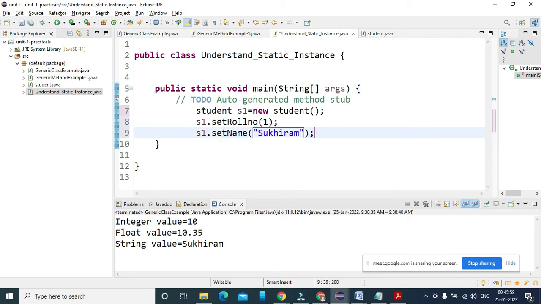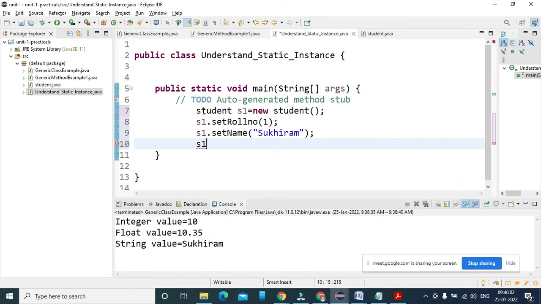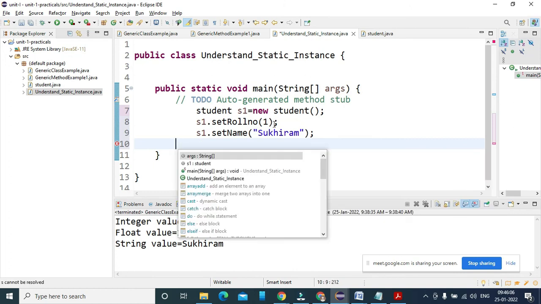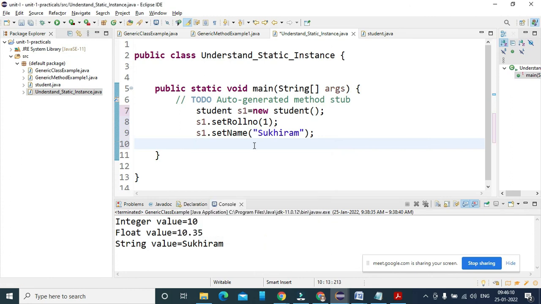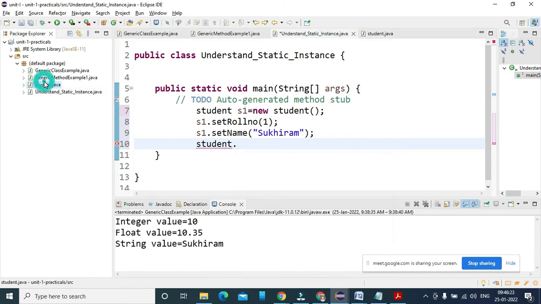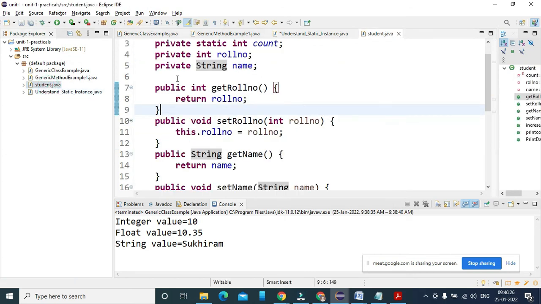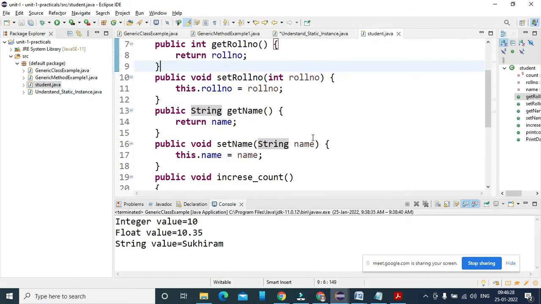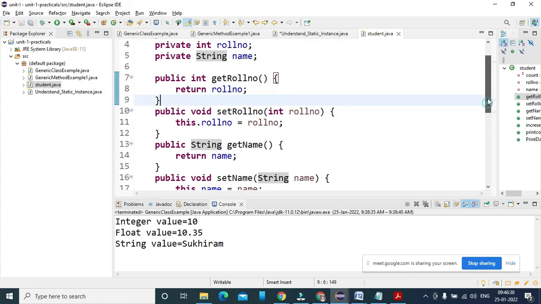Okay, and I'm using s1 dot. If I use directly the print count, I'm choosing Student dot. When I choose Student dot, it is not going to give me a method here, because this method is supposed to be static.